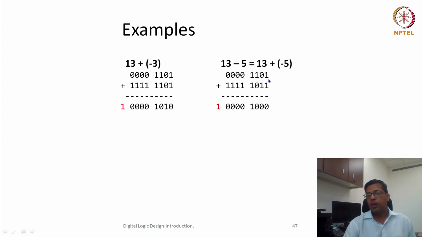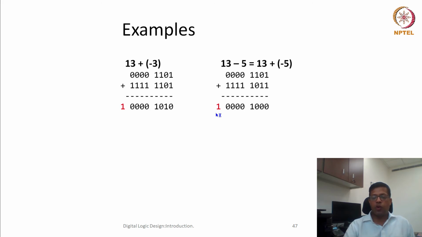then 1 plus 1 is 0, carry of 1, and this carry of 1 I add to 1, then it is again 0, carry of 1, and this carry is added to 1, so output is 0 here. Now 1 plus 1 plus 1, sum is 1 and carry is 1, and now the carry would be propagated here. So this will all be 0 0 0, and there would be one additional carry.